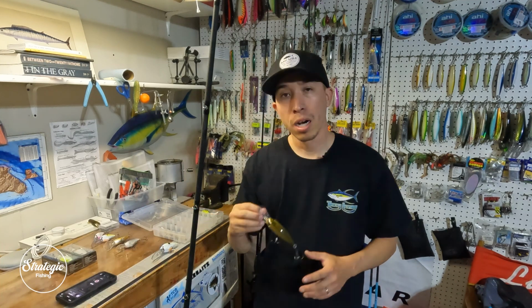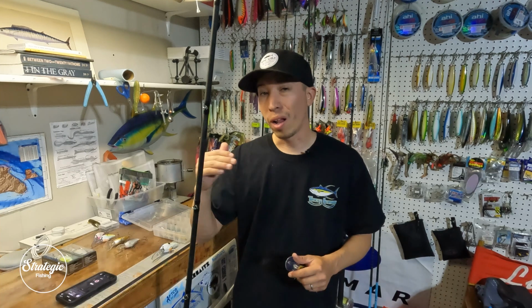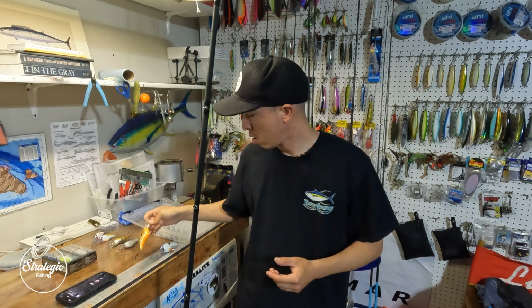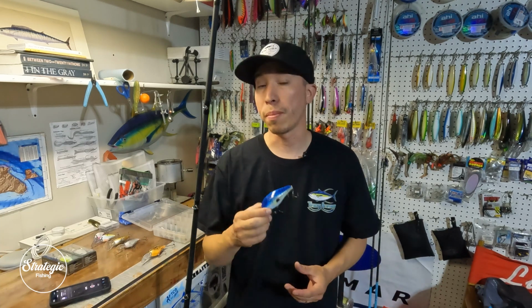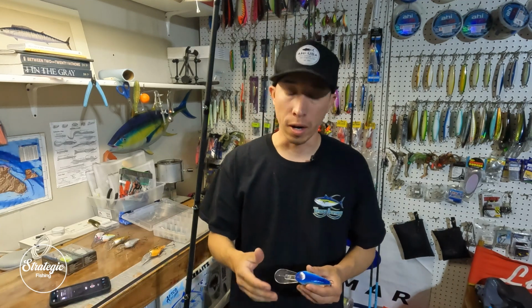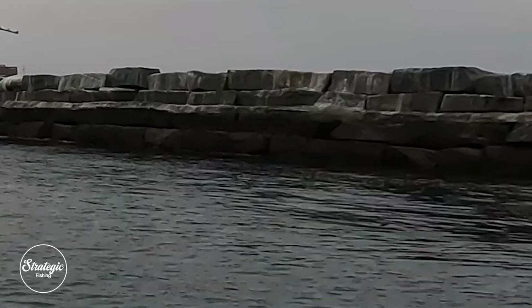As I move over to the federal wall, I'm going to be transitioning to something a little bit bigger. On the inside of the federal wall, right on the other side of the lighthouse, Angel's Gate, that break wall at high tide can be as deep as 30 to 40 feet. So something bigger like this, something that dives down to 20, or these larger crankbaits that dive down to 24 is ideal. One thing to note is depending on the crankbait that you're using, if I'm using a 24 foot diving crankbait, I want to stage my boat using my trolling motor in about 35 to maybe 40 feet of water. And then cast right into the break wall and try to land within 5 feet of that break wall,